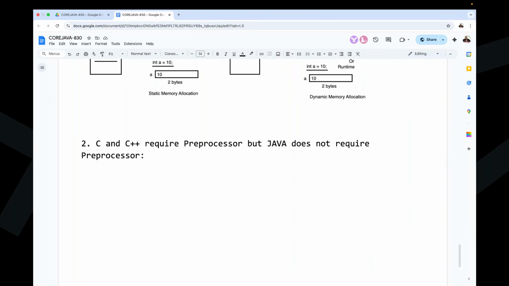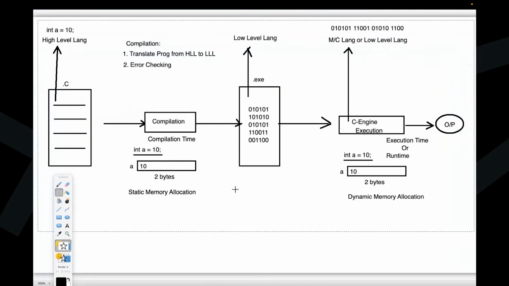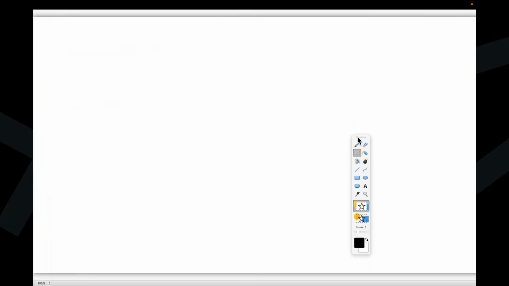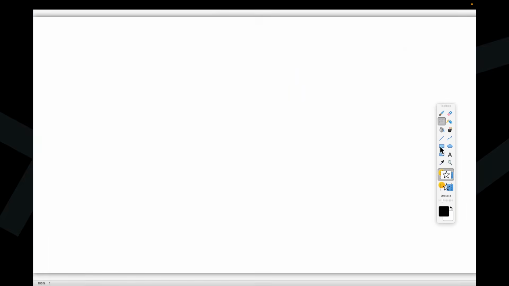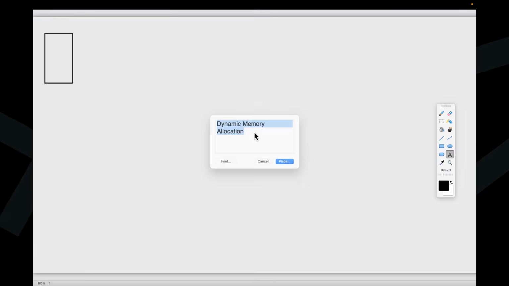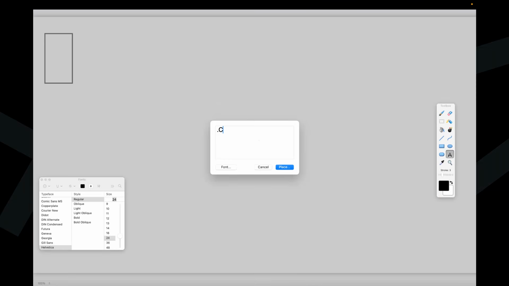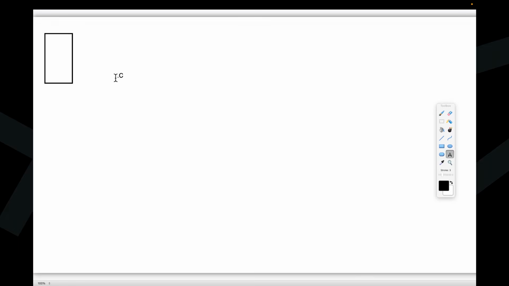Understand it, no? I want to give one simple diagram. Now observe carefully. I am going to show the compilation, that means the total process. Observe carefully. This is my C program. I think all of you might be aware of it. If it is a C program, the file extension should be .c. The developer might have written this program where some code is available.